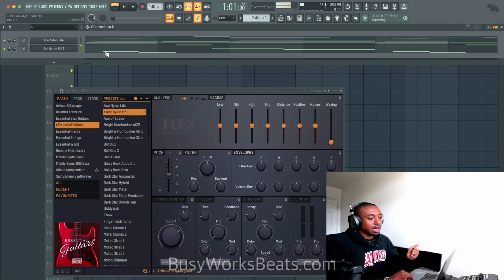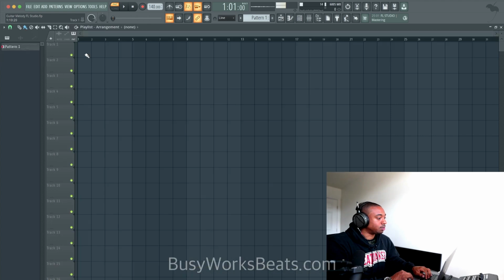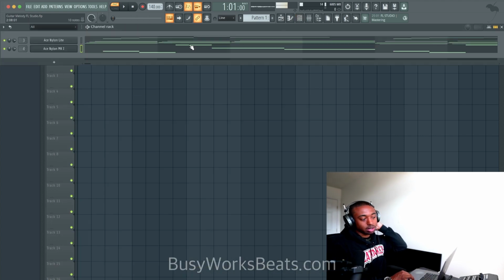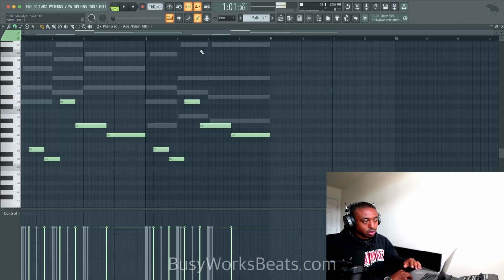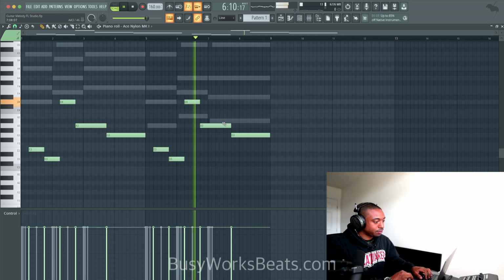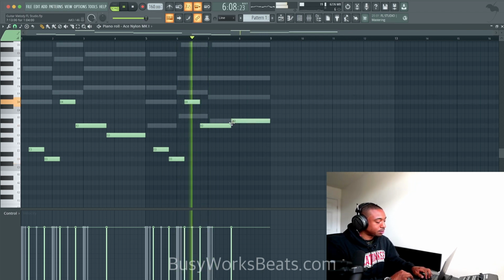So we have the contrast layer, we have the top line, and we have the harmony. Now we just need a rhythm. So that rhythm does not need to be melodic. It can also be atonal. Okay, so what we can do is add your drums at this point. Because we changed the note at the end, we need to go to the contrast layer and make sure that it also has that tense feel at the end. Now my ear wants to hear the half step because the chord changed.